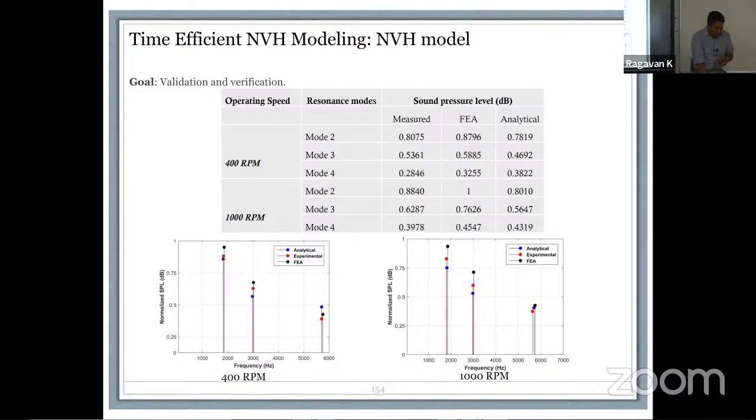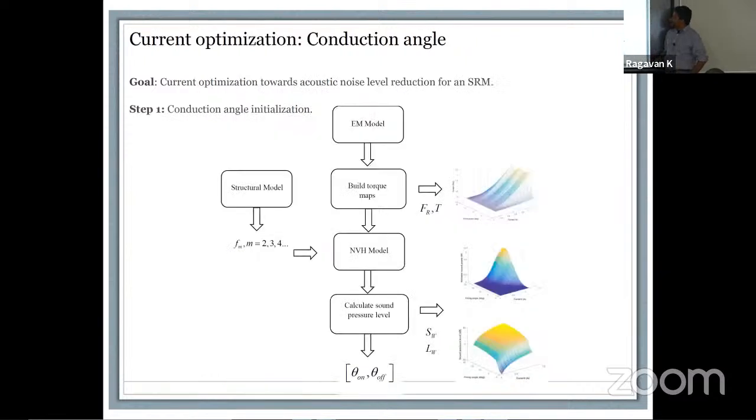In our calculations, we found out that FEA tends to overestimate the numbers. Analytical values in our mind were a little closer, but our analytical model and the FEA model were relatively close in our design. And this is basically the measured values, the FEA model and the analytical model that we had designed for the system.